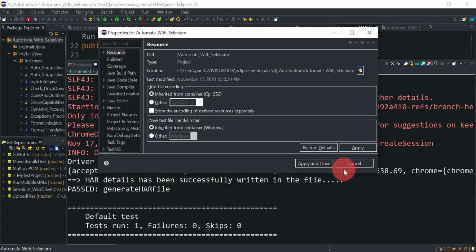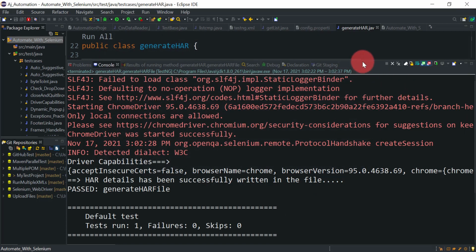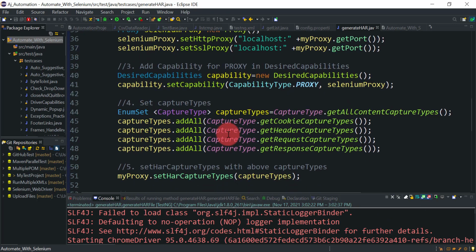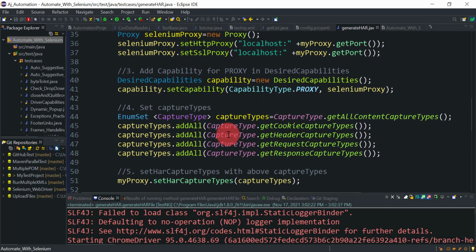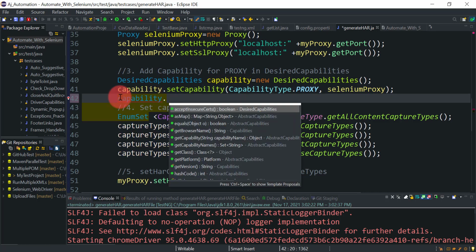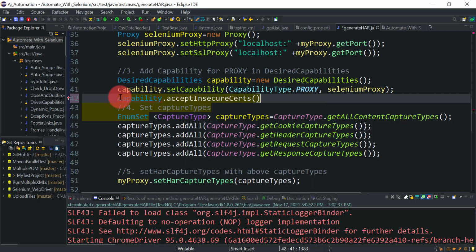So what we have to do is add one more capability in our desired capability object. Here, capability dot accept insecure certificates. Okay, add this one.